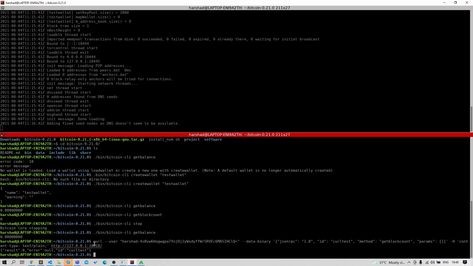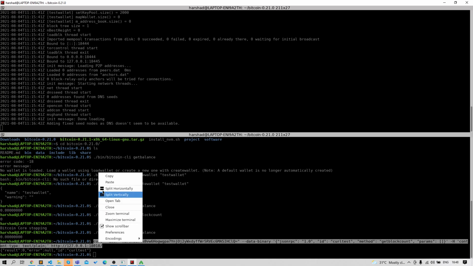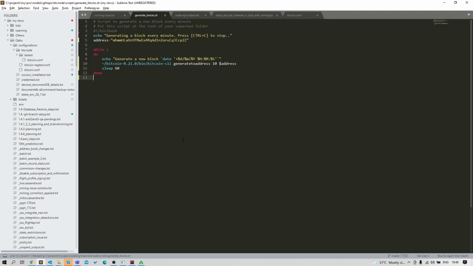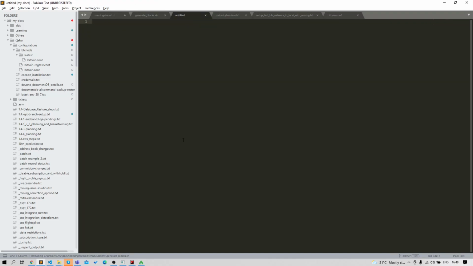So this way we can perform the same RPC API call with curl. Here you see the result, we received 0. So we can perform the RPC API call with curl also.